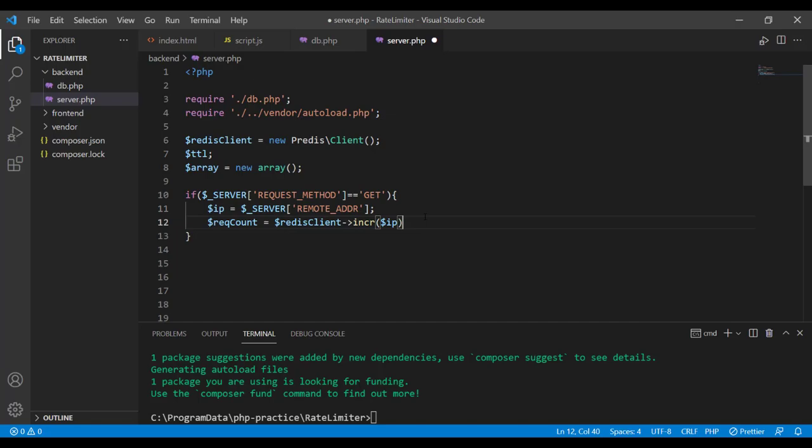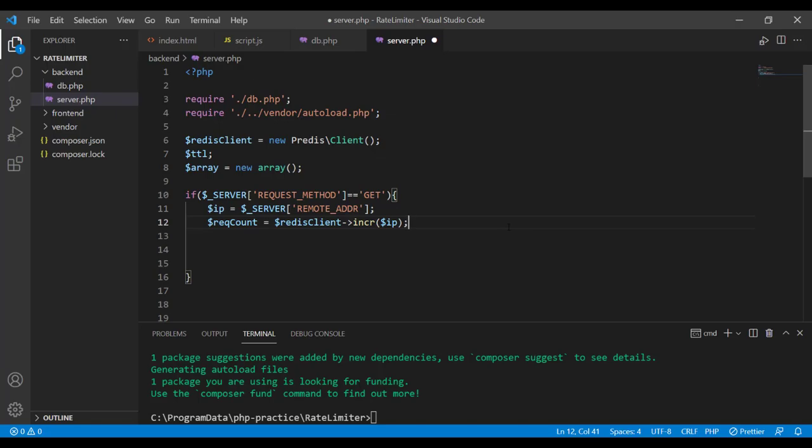Because the value of this IP key is going to tell us how many requests have already been performed by this client, or requested by this particular client. So far we have only looked in the Redis database for a specific key. Next we have to make sure that if this is the first time this client has ever communicated with us, then we have to define a time window within which the client can request data from the MySQL database